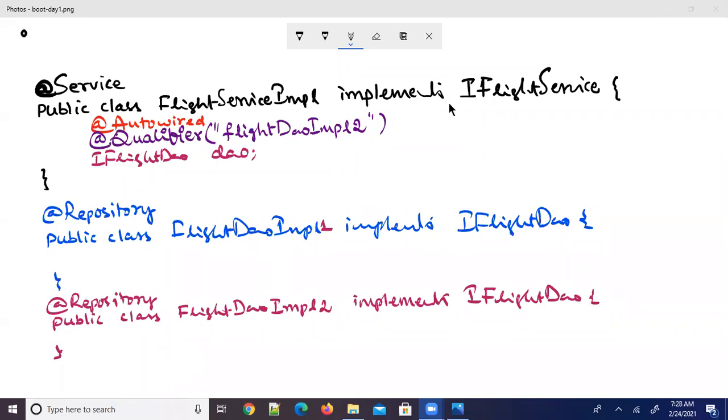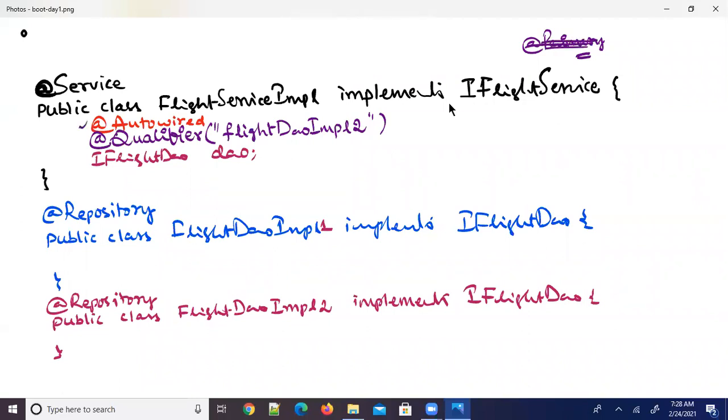The @Qualifier annotation can be used for resolving ambiguity. Actually, there is one more annotation available that is called @Primary. But right now, for the time being, I am not talking about this. When the time comes, I'll explain @Primary as part of the sessions. @Primary means we are telling the container to give more priority to this bean. A bean with the @Primary annotation will get high priority. That's what primary is. We make it a primary.